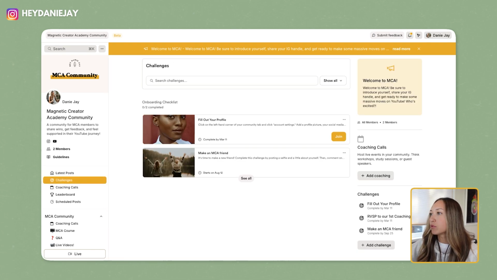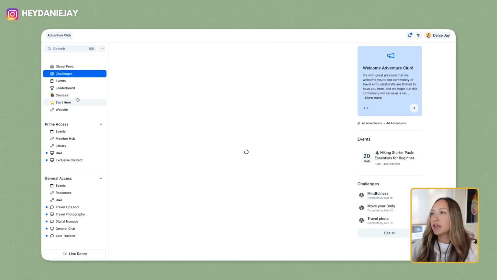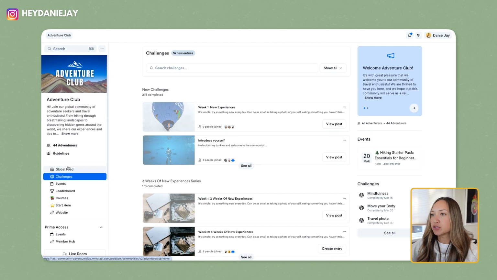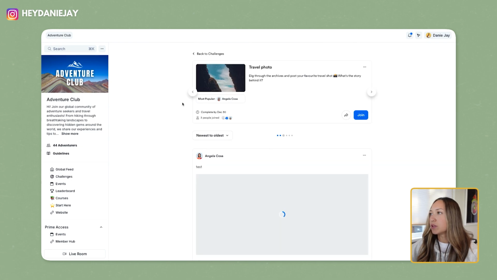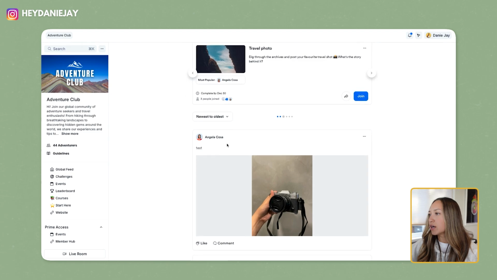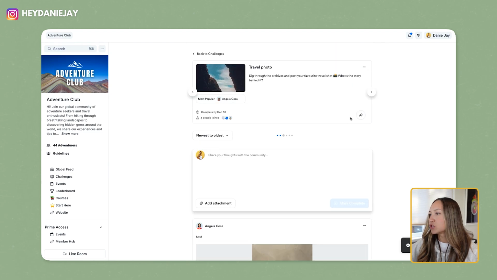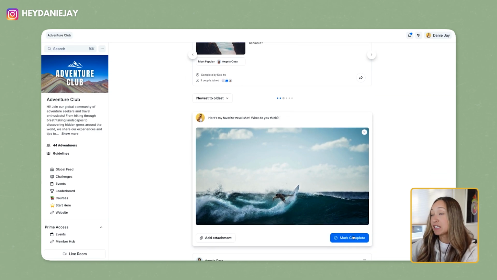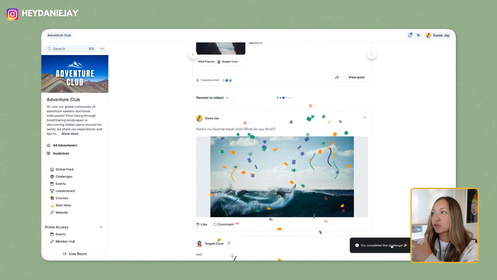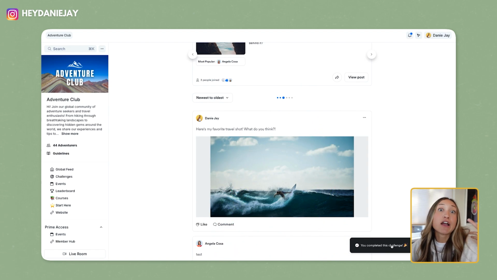And if I look at an example of a challenge in another group, I could go to their challenges page, and you can see here are two challenges that I already completed. And here's another one, a travel photo. So maybe I want to join this one, where you post your favorite travel shot. So I could join this challenge, and then I could add an attachment, my favorite travel shot. Okay, so I could add in something to engage the community and mark as complete, and boom, it'll show that I completed the challenge. I get some fun confetti,